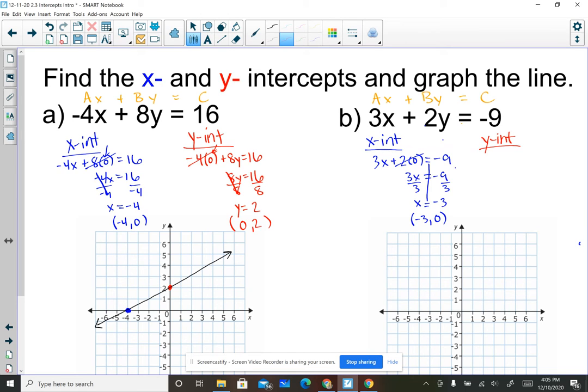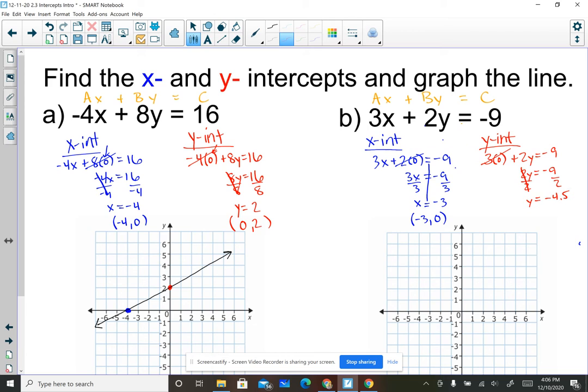Our second ordered pair is our y-intercept. So we need to find our y-intercept now. We know where it crosses the x. In order to find where it crosses the y, remember, you're plugging a 0 in for x. So 3 times 0 plus 2y equals negative 9. The 3 times 0 cancels out this time. And remember, we're solving for y because we're finding the y-intercept. So 2y equals negative 9. Divide both sides by 2, and we're left with y equals